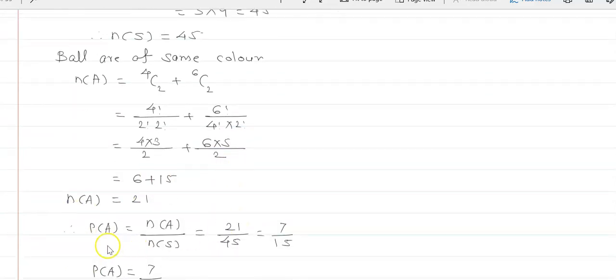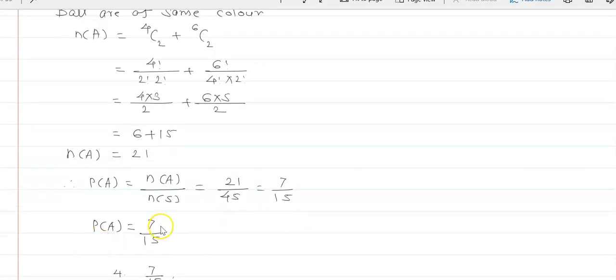Therefore, P of A, the probability that the balls are of the same color, is n of A upon n of S, that is 21 upon 45, which is 7 upon 15. Therefore, P of A is equal to 7 upon 15. And hence the fourth option, that is 7 upon 15, is the correct one. Now, next is